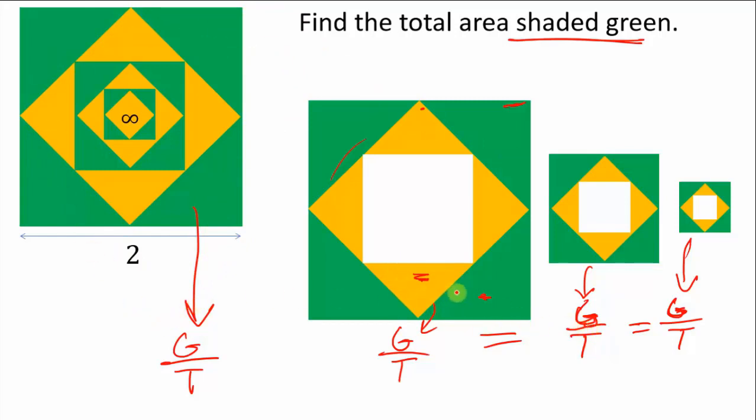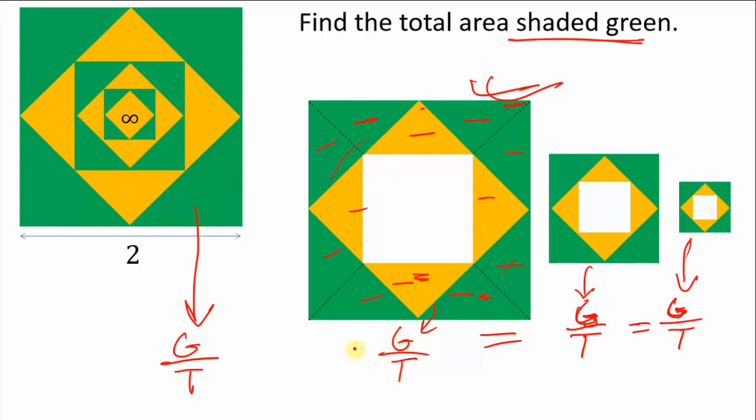Let's find out the ratio of green area to total area for this figure. If I divide this green triangle into two parts, then we have in total 12 equal parts. That's right, all these triangles are now equal, right? So we have in total 1, 2, 3, 4, 5, 6, 7, 8, 9, 10, 11, 12. We have in total 12 triangles, out of which 8 triangles are colored green.